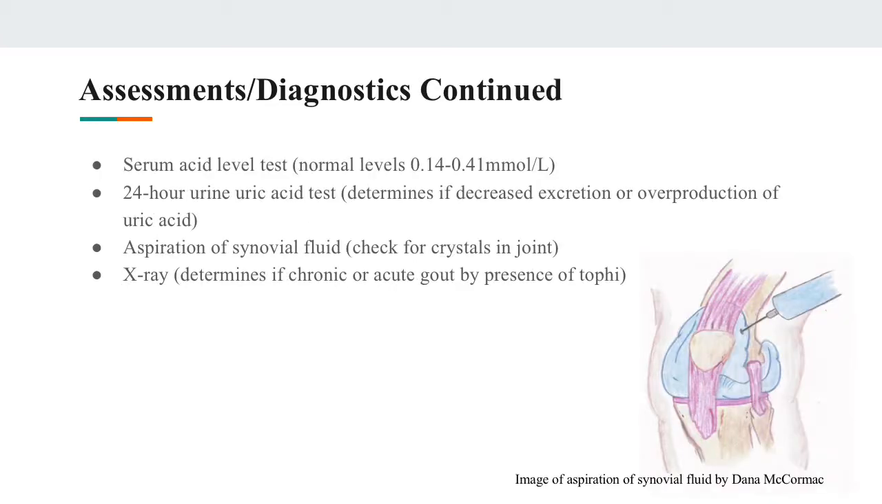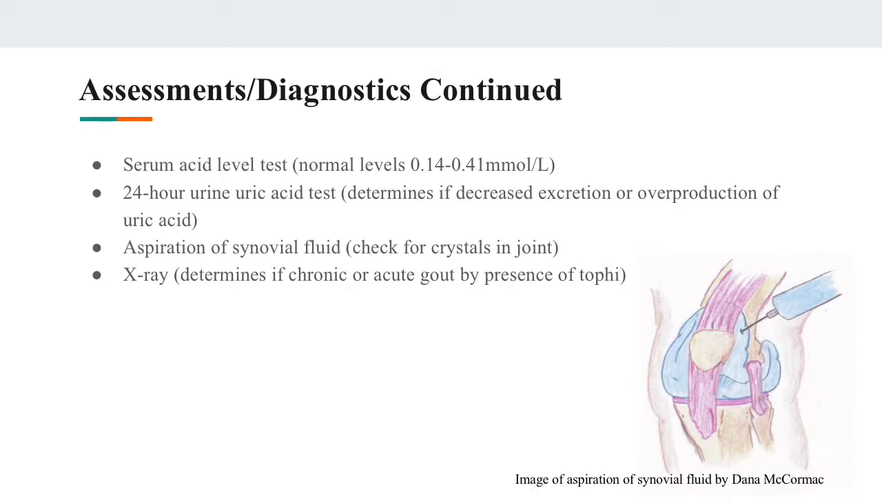A serum uric acid level test can be taken to see if levels are elevated to 0.51 millimoles a liter, as normal levels range between 0.14 to 0.41 millimoles a liter. This could be a sign of gout. However, hyperuricemia doesn't directly diagnose gout because the increase may be related to other factors that affect the serum uric